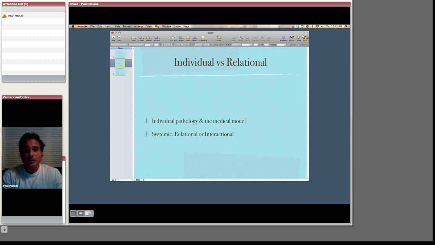So in this unit, we had you look at a case from an individual pathology perspective, and that's actually the part that you all did wonderfully on, because individual pathology is so much a part of our culture. And even within the world of family therapy, there are many individual pathologists because they haven't really embraced the shift to a more systemic way of looking at things. And you don't just decide to think relationally or systemically; it's something that takes some practice.